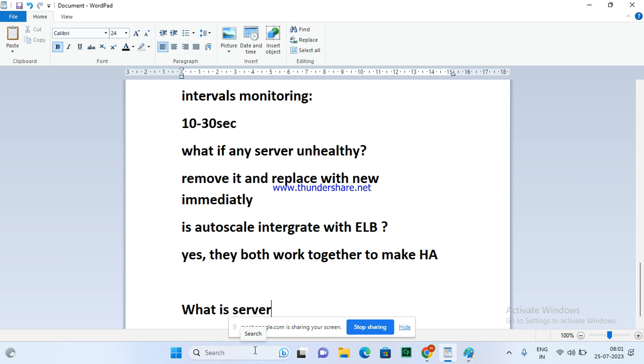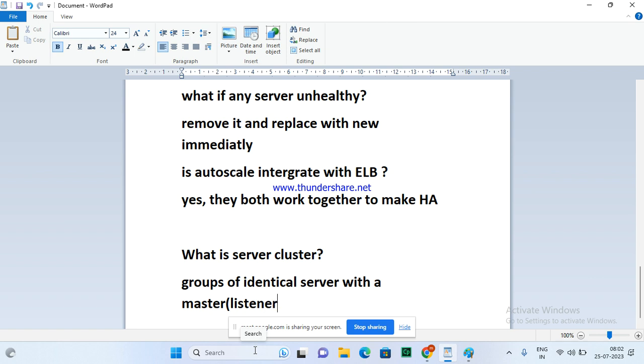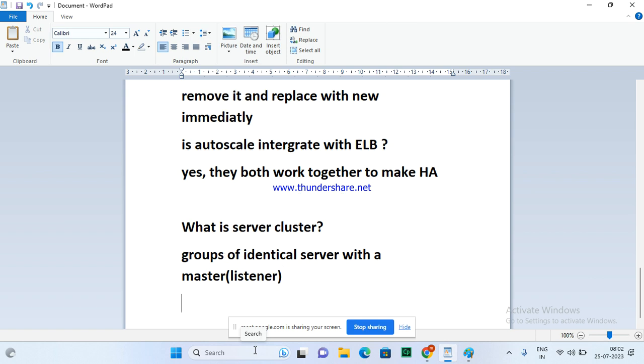What is clustering? Server clustering? Group of identical servers with a master, listener. So here a group of identical servers is going to be managed by the autoscale, and the listener is basically acting as what?